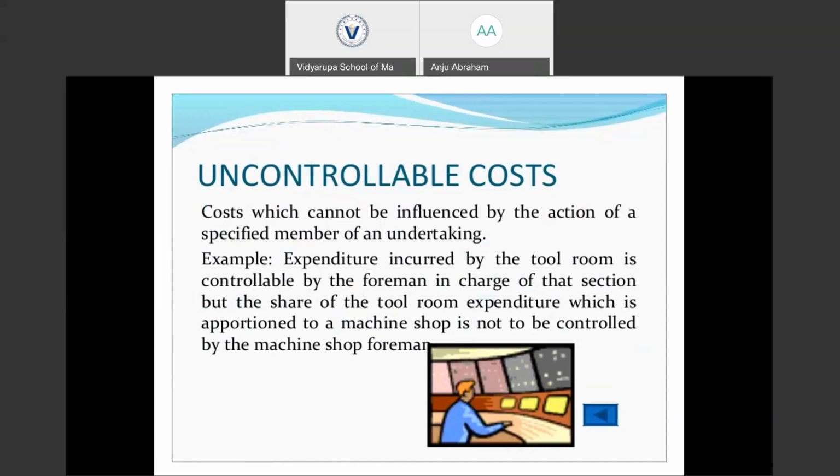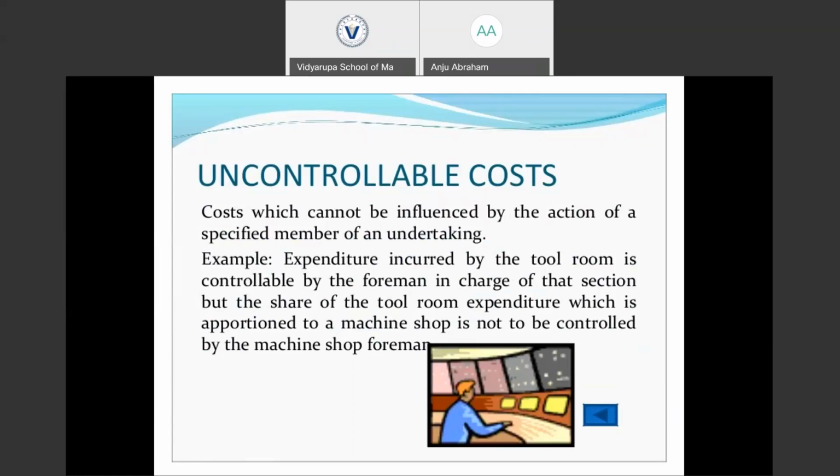So, a portion of the cost of the tool room department is allocated to the machine department, which cannot be controlled by the actions of the machine shop foreman because he does not have the responsibility for the incurrence of the cost in the tool room department. Like the common administrative expenses or central administrative expenses incurred by an organization, these are not in the control of the heads of certain departments, as they are common in nature.